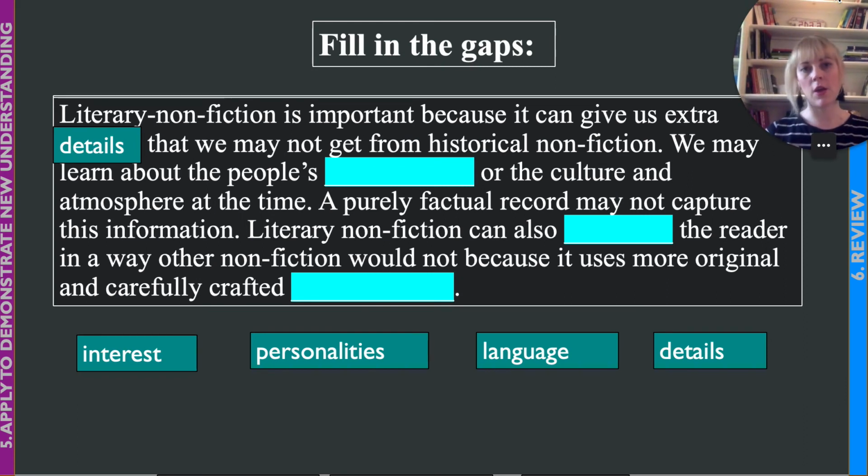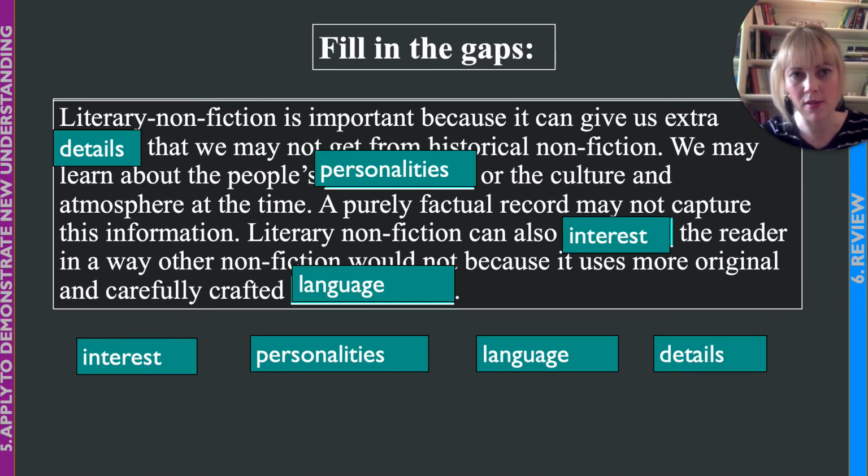I'm now going to give you a gap fill exercise to test out your understanding of what literary non-fiction actually is. So don't forget, literary non-fiction is writing about factual events, but giving us insight into a character or a first-hand perspective of what happened. As you can see, I've put the first blank in for you here, and I want you to pause the video and see if you can work out which words go in the other blanks. So you need to read what's on the screen here and work out which of these words you would put in the corresponding blanks. Okay, so pause the video and have a go at doing that now.